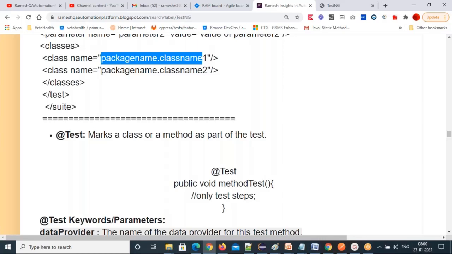Sir, actually, I have one doubt here. In the classes tag, if we have one more class, that means a third class, but I don't want to use those parameters, can we still declare it inside the classes tag? Yeah, you can do that. But if we give parameters for that class, it will take them only from the XML file.